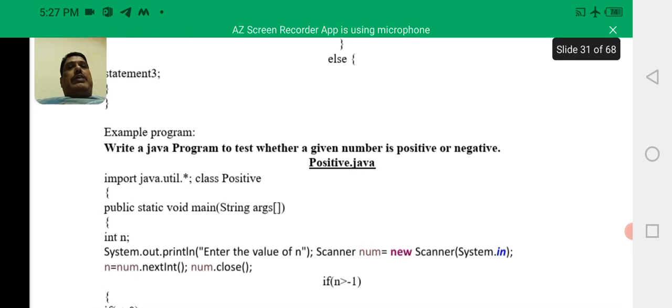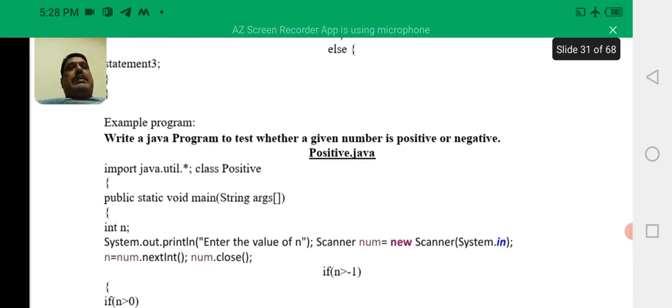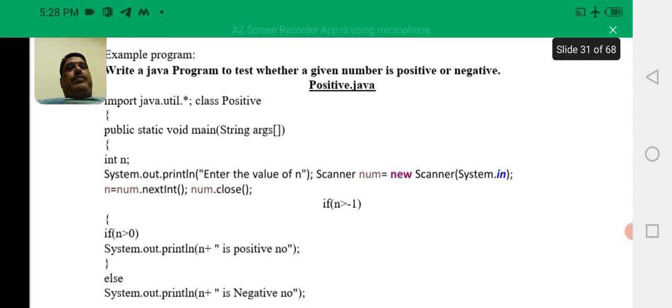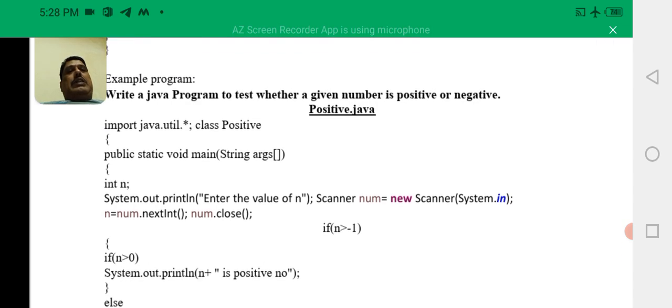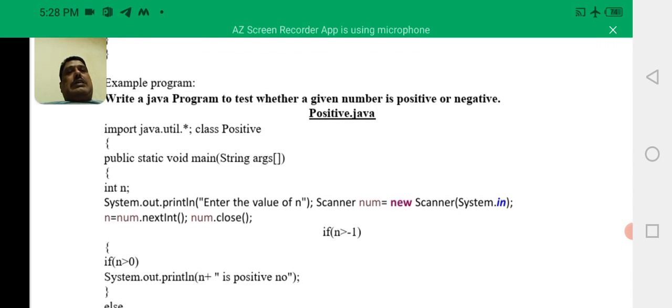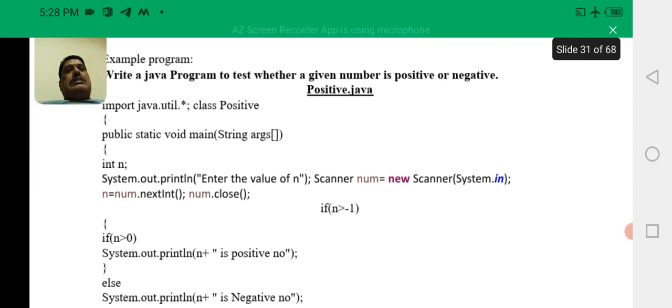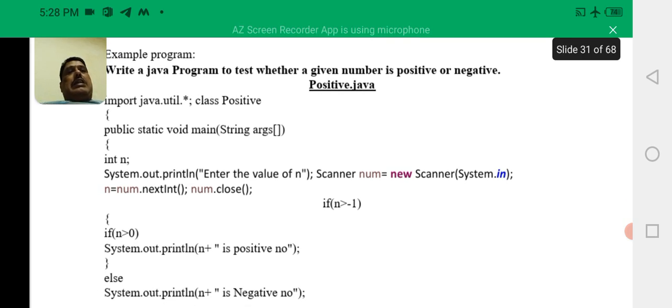So here we have a program to test whether a given number is positive or negative. Here the Scanner class is in the java.util.* package, so we need to import that package. It should be at the beginning of a program when you are going to use the Scanner class. So this,